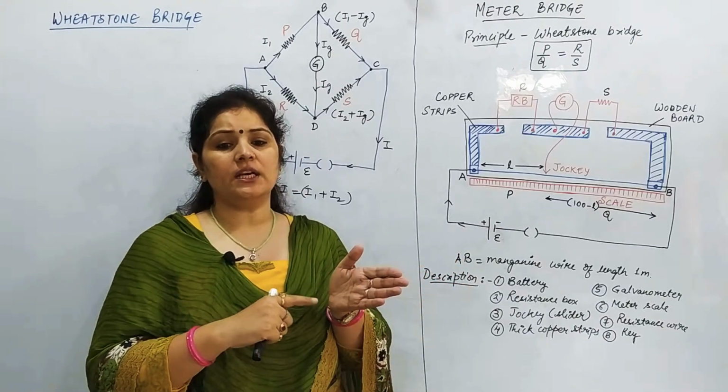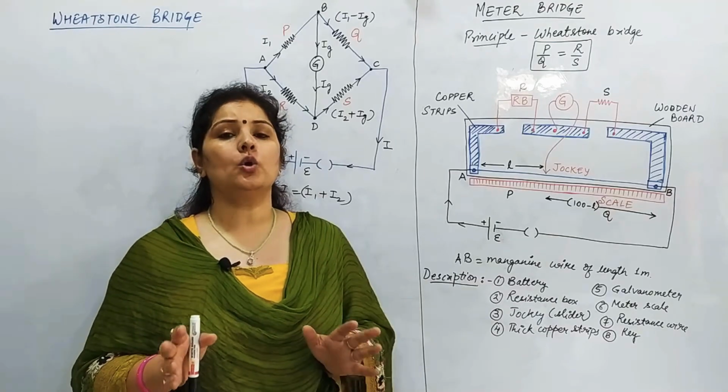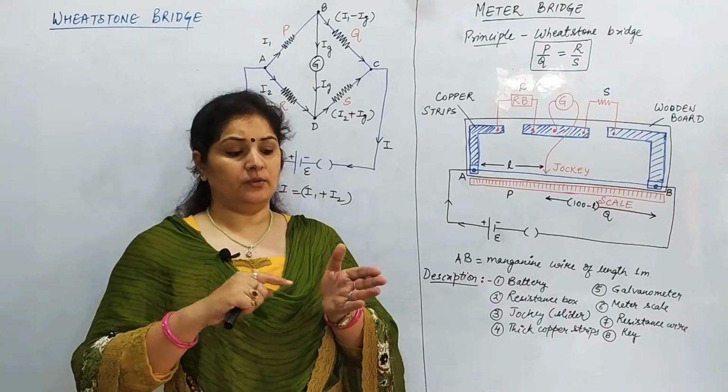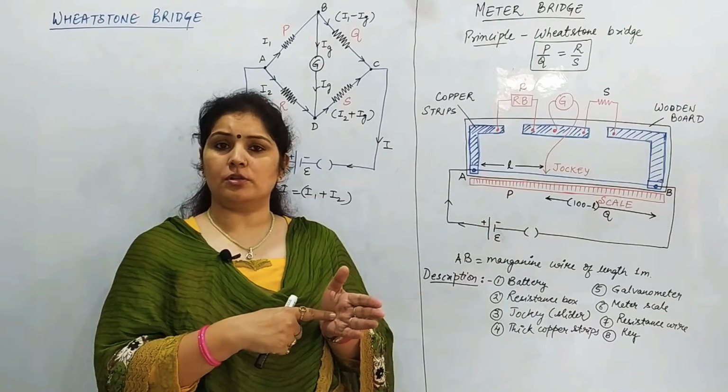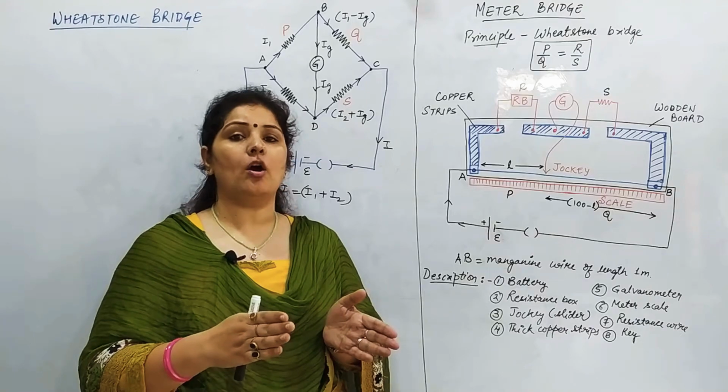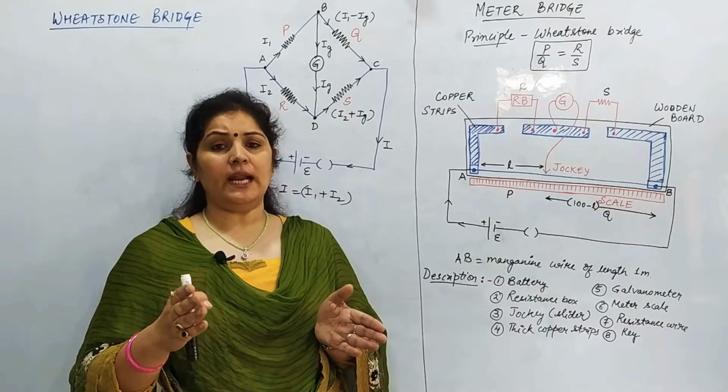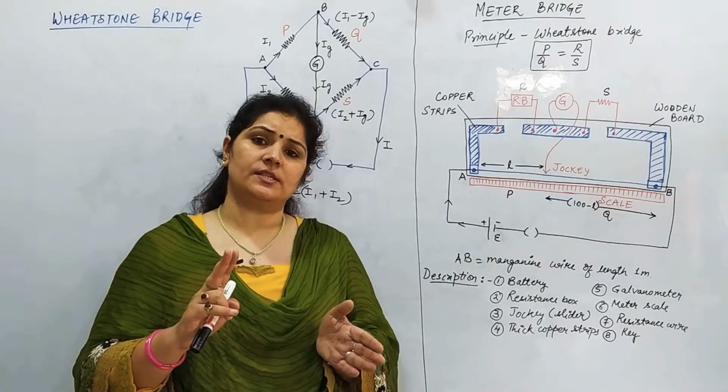So we always take a closed loop. In any closed loop, we try to take the direction of current. If not possible, we can take it opposite also, considering the sign of IR. Right? So two sign conventions we have discussed.